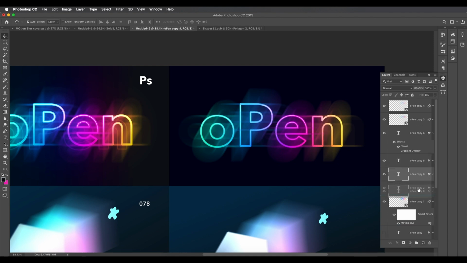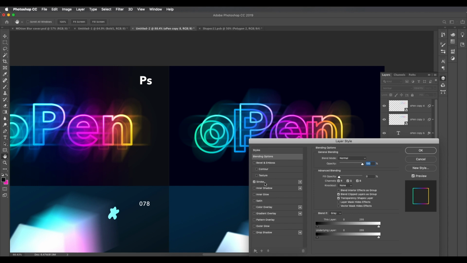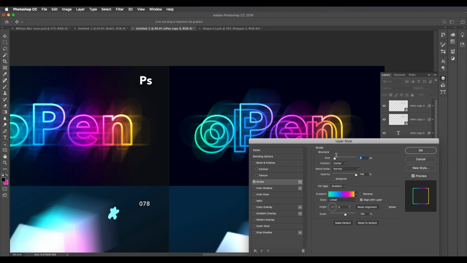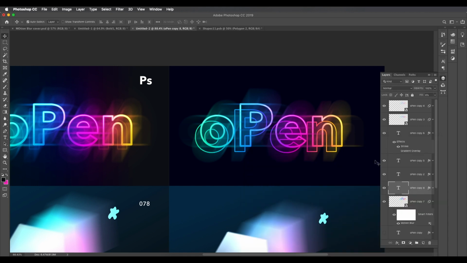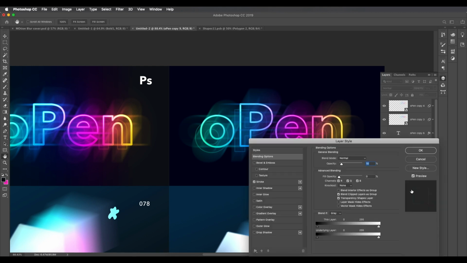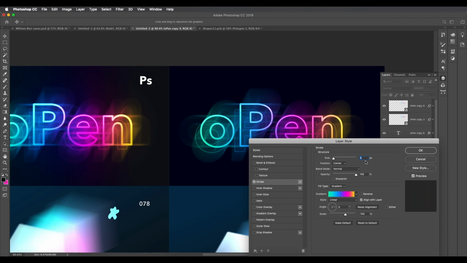And this one I'll place on back, and I'll just move it to the right and down, left and down, so similar to this, right? And we'll reduce the thickness here. So under stroke, let's reduce the thickness to around 4 and click OK, and reduce the opacity to around, let's say, 10%. I'll create one more duplicate of this, and this one will reduce the thickness to around, let's say,